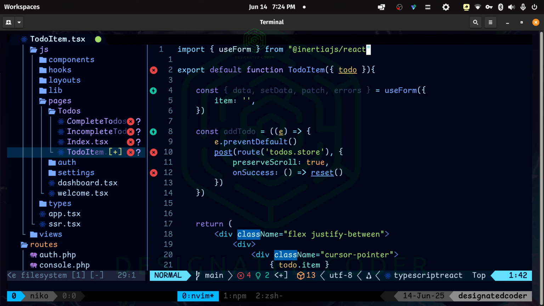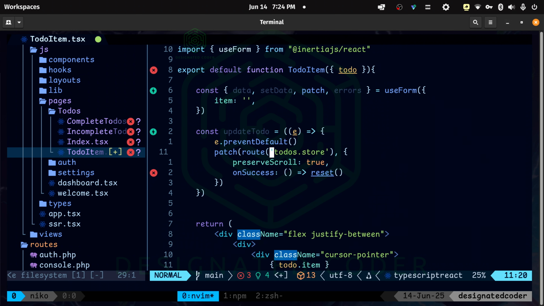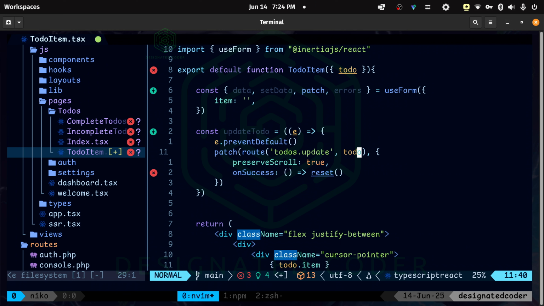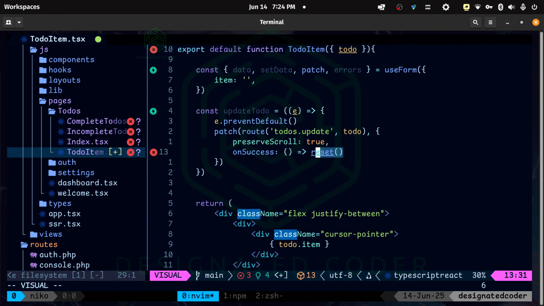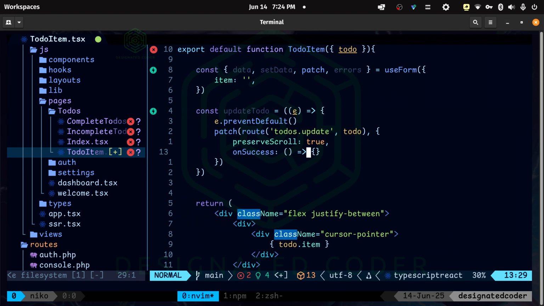So use form from inertia React. Now our add to do is going to be an update to do. And we are also going to have the event. Here we are going to change this to patch. And then this will be update. And then we need to pass in the to-do. Preserve scroll on success. And for now, I'll just keep this empty